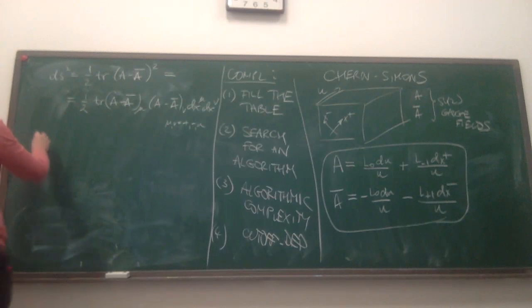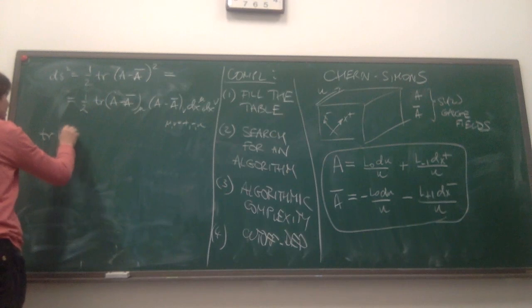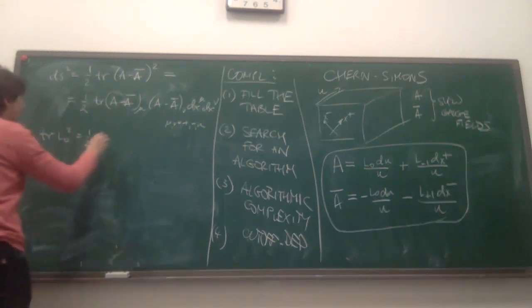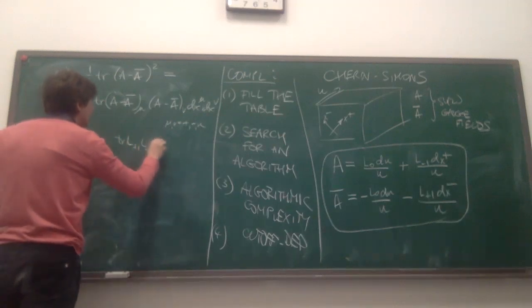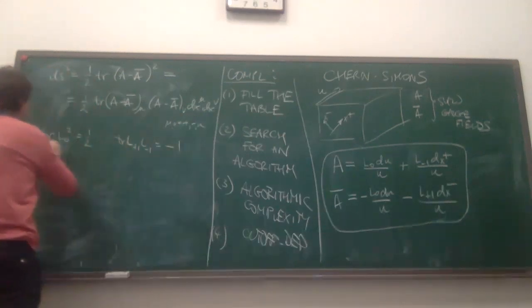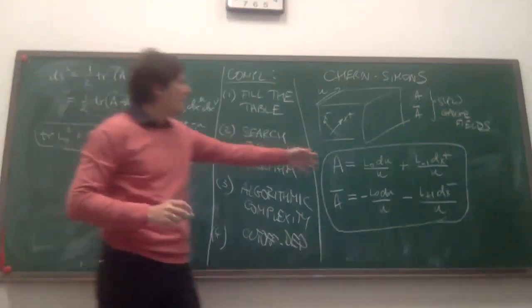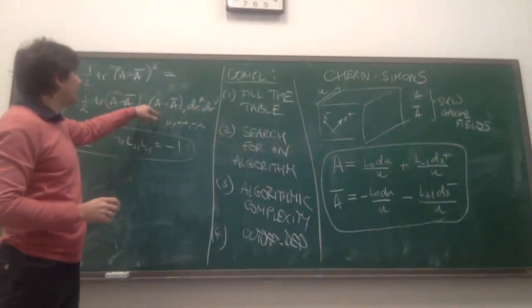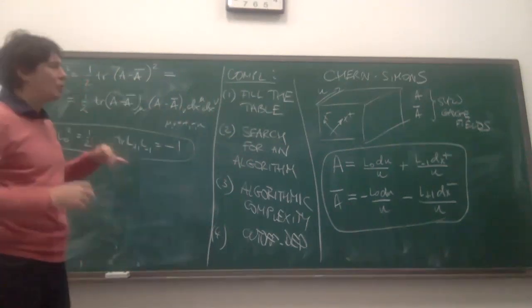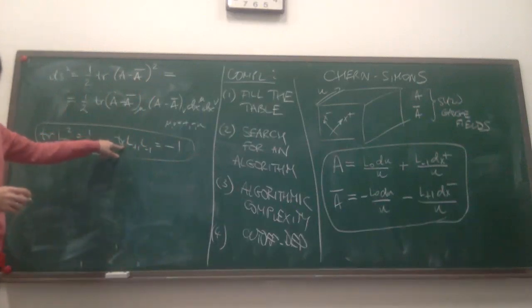So the traces are taken in the fundamental representation of SL2R, and that means that trace L0 squared is 1/2, and trace L plus 1, L minus 1 is given by, I think, -1. So with this prescription, I can just take these fields A, and I can take any mu and mu component. This gives me some quadratic in the algebra of SL2R, and then I can take the traces of those quadratics, and that will give me the metric components.